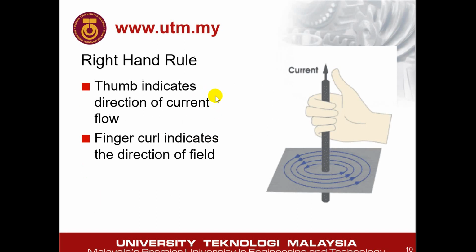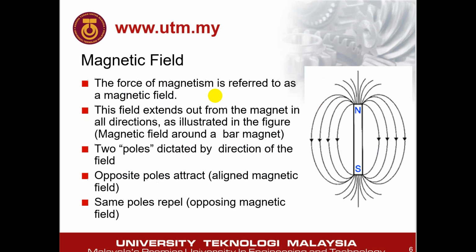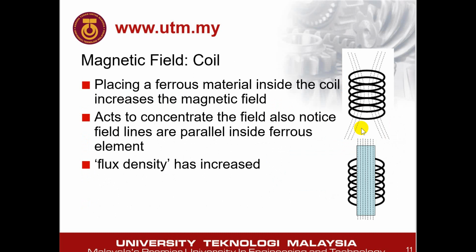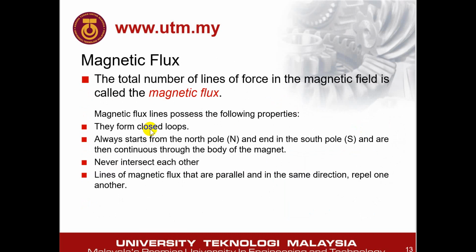Magnetic flux, as you saw before, is this flux. It doesn't intersect with each other. You can see that it doesn't intersect. It starts from north to south, and inside here it's south to north inside the body of the magnet. That is the meaning of this characteristic. So make sure you know the magnetic flux line characteristics, because sometimes they will be asked in the theoretical question.